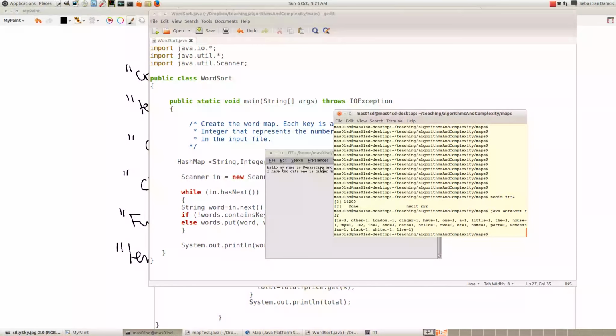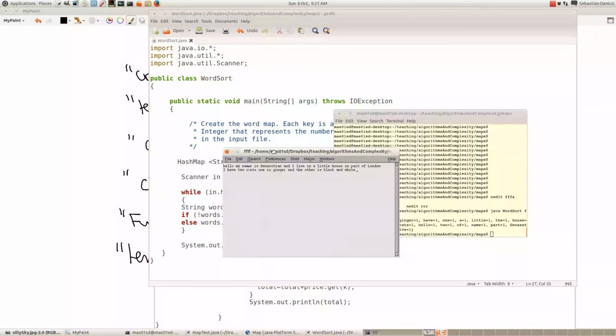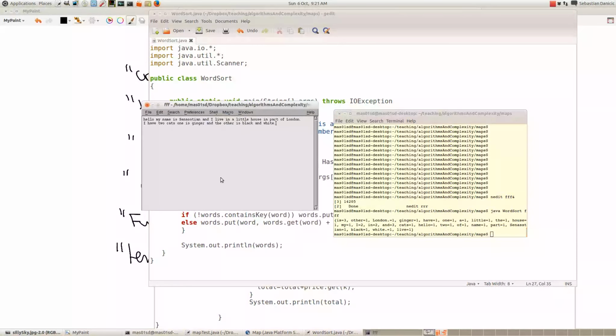It says there are 3 occurrences of is, 1 of other, 1 of London. So each word in that thing, it's counted the number of occurrences. So where's the is? There's one is, there's another is. So notice that when I run it,